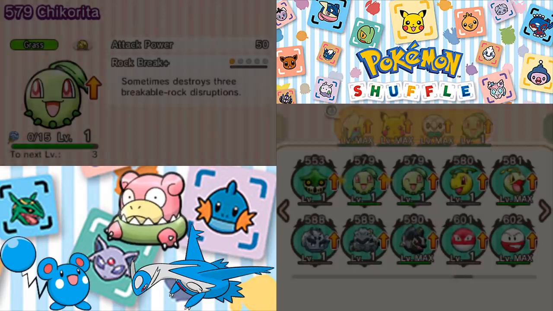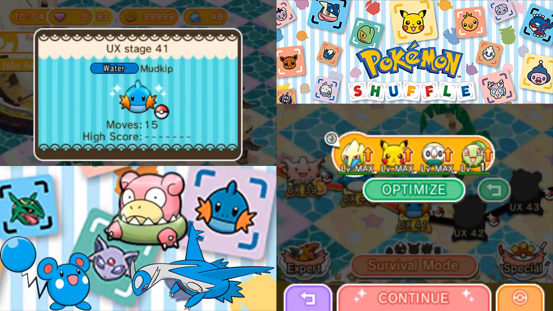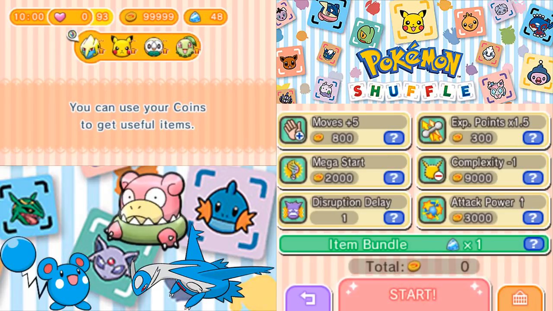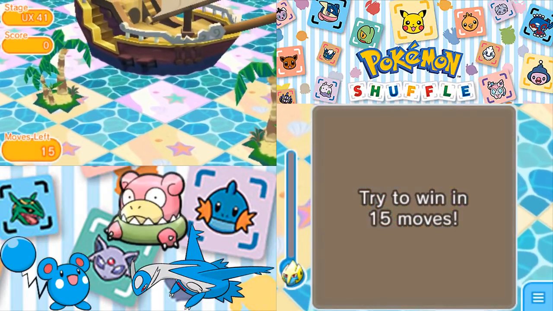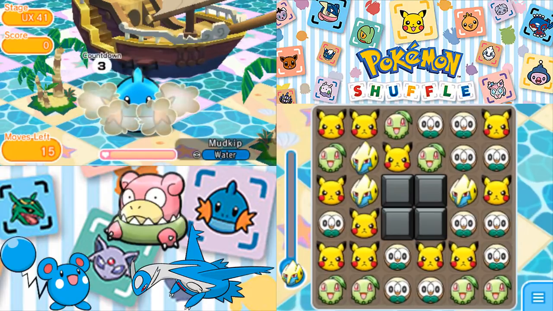Which Chikorita I don't think really matters. I could go with the Winking one, but this isn't the Winking Mudkip, so you might as well take it on with regular Chikorita. So, let's do this! And we are using Manectric once again. Alright, we have 15 moves to do this. We do have some blocks to deal with, so I mean...